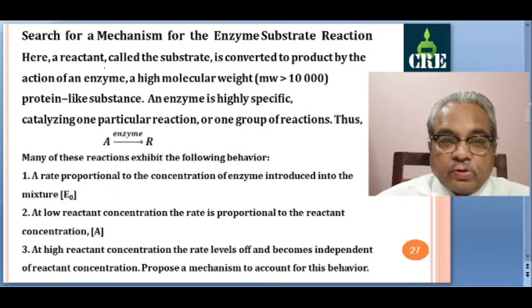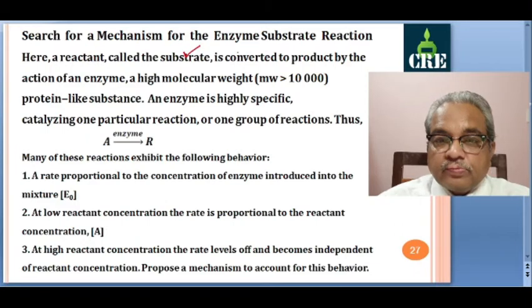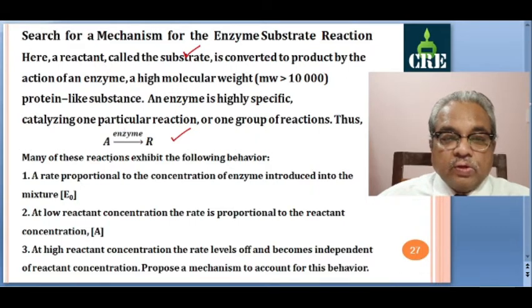Here a reactant called substrate is converted into product by the action of enzyme, which is a high molecular weight compound with molecular weights greater than 10,000, a protein like substance. An enzyme is highly specific in catalyzing one particular reaction or one group of reactions, represented by reactant A giving you R in presence of enzyme. Now many of these reactions exhibit